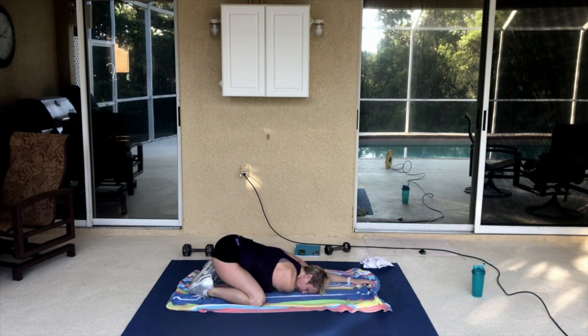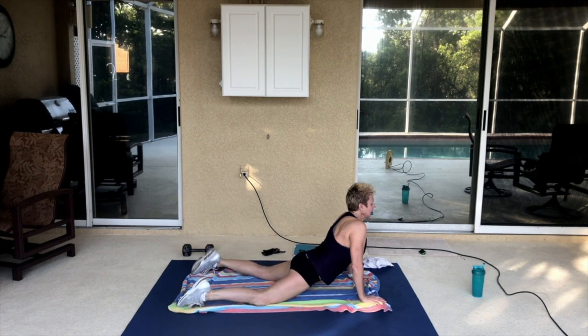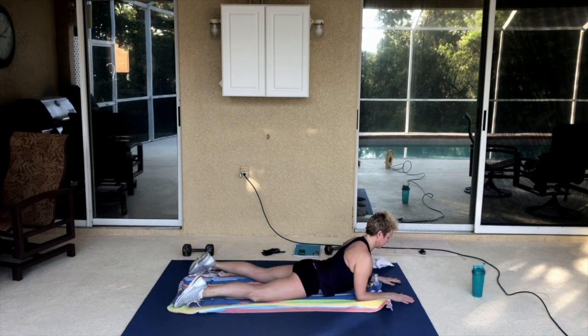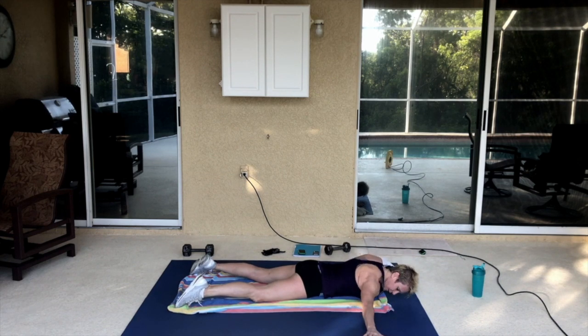So we're gonna pull that right arm back out and you're gonna bring the hands forward and come down into an upward facing dog. Stretch out the abdominals, the back, and the glutes. And then you're gonna lower down into a sphinx, pull forward, stretch the chest. And then from here, because we're staying on the right side, you're gonna lower down, bring the right arm out